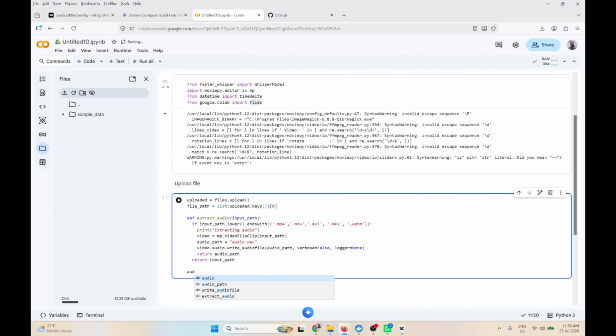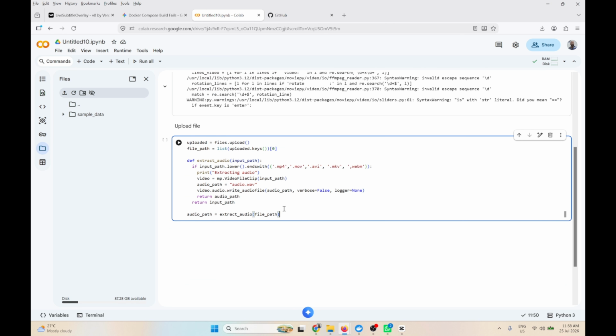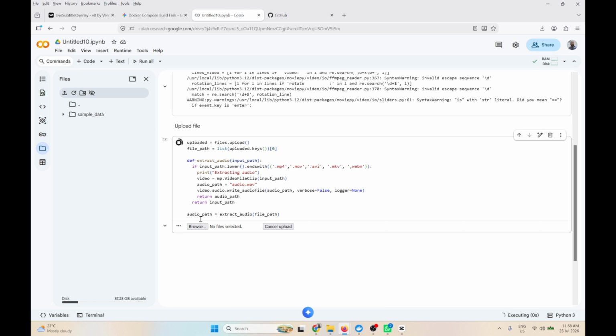Audio path, extract audio by path. Okay, so the next part we're going to load our model from Whisper. All right. I would have loved to run this, but if I run this, it's going to wait. Okay, let's run this and see. All right. So here we need to upload